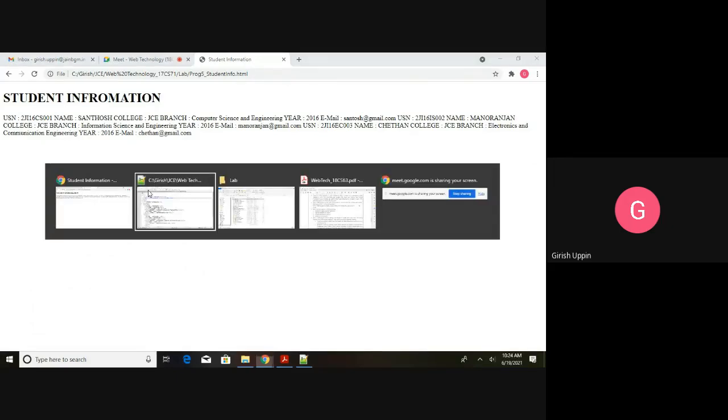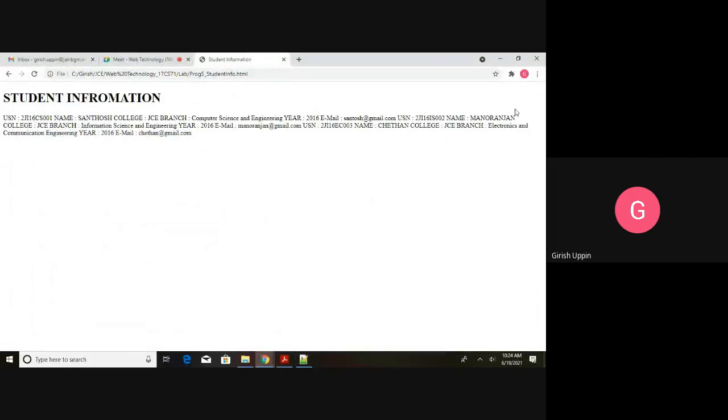This is a header, so by default h1 has a style. That is what is displayed here. The rest of the information is displayed as is, without any kind of styling. Whatever is specified here, USN colon, name colon, you can see everything goes side by side.